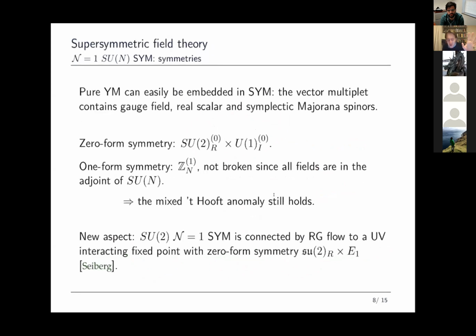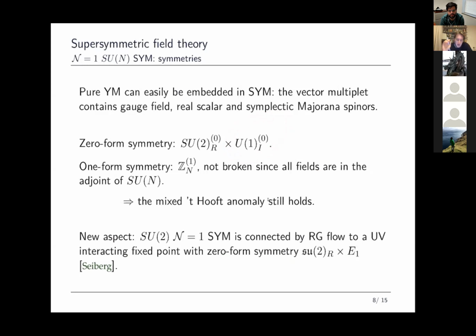Okay, having introduced this anomaly in the case of pure Yang-Mills theory, now we complete the vector field to the full 5-dimensional vector multiplet and obtain a supersymmetric theory. This requires adding a real scalar and symplectic Majorana spinors in the adjoint representations of the gauge group and auxiliary fields, but they are irrelevant for our purposes. We still have the instanton symmetry because the conservation only depended on the Bianchi identity, but not on the equations